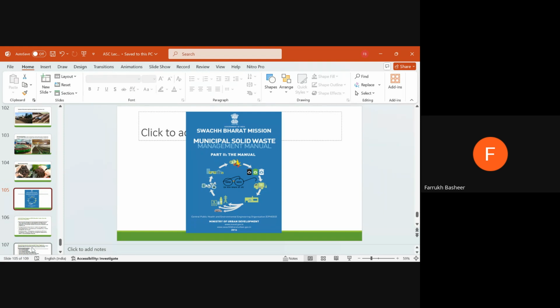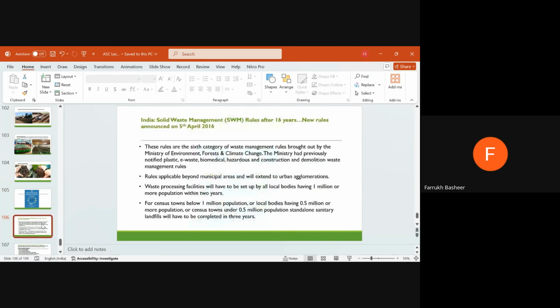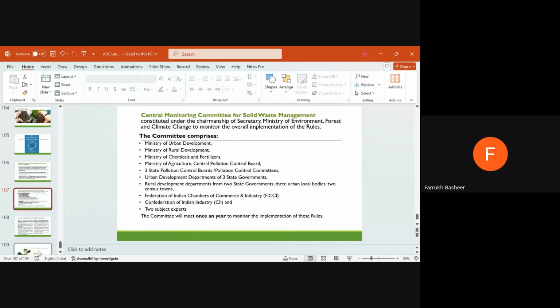You can download it, freely available on the Ministry of Urban Development website, where different types of rules are given, so you can have a look. I will share all the remaining slides where I have put certain rules that are very important, and the committee that comprises the monitoring of the solid waste management for preparing this manual or for the guidelines or for managing, which